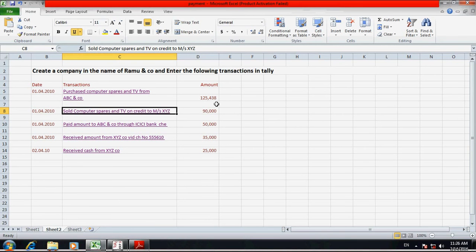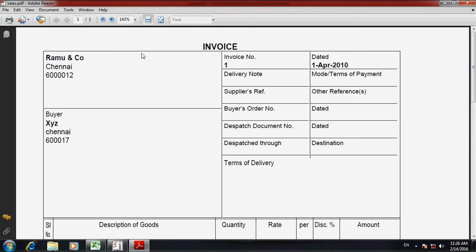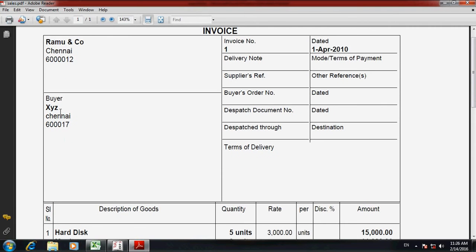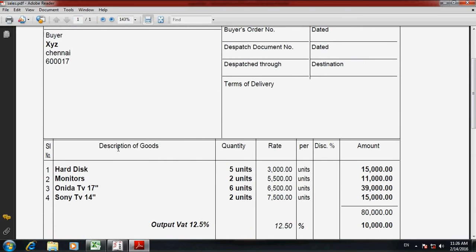Then stock item names are not required because we have already created the items. So the supporting document for this transaction is, say, Ramu and Co. This is our company. Buyer is XYZ. So he is the buyer buying goods from us, Ramu and Co. So these are the items he is buying.